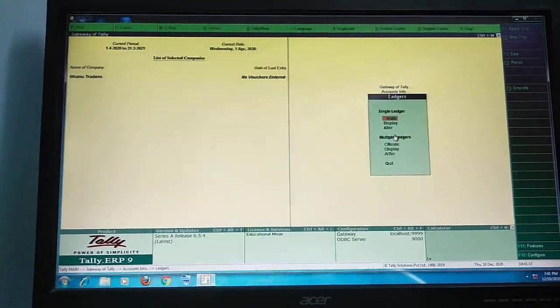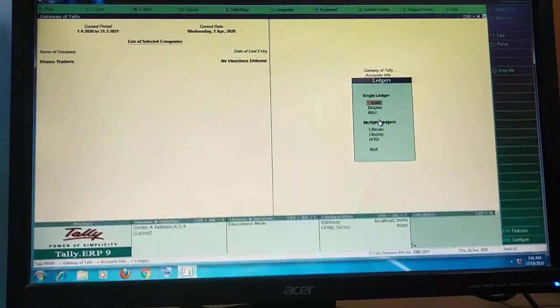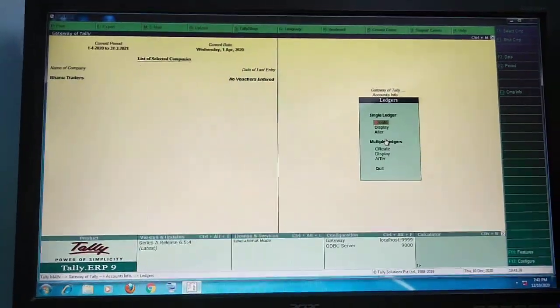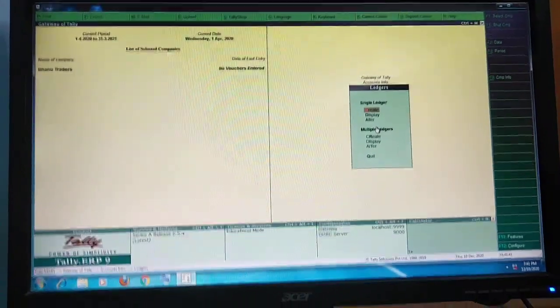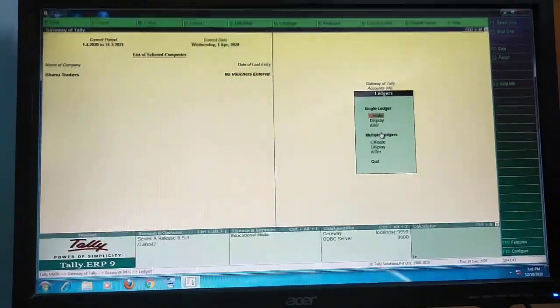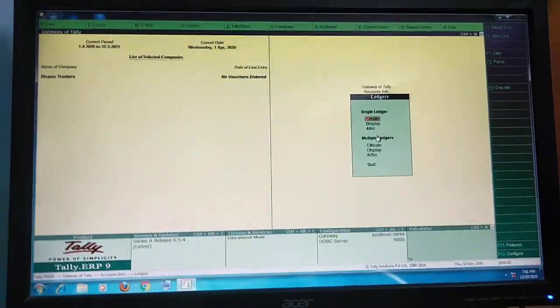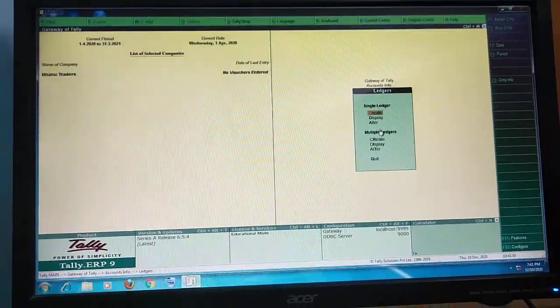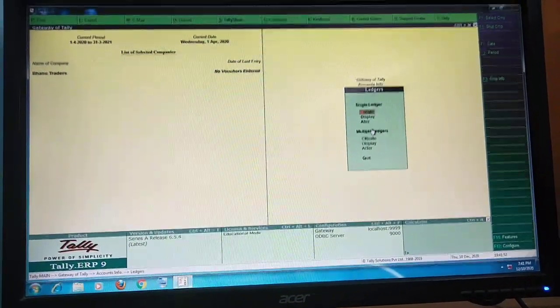Multiple ledgers means all the ledgers are created at a single time and saved at a single time.